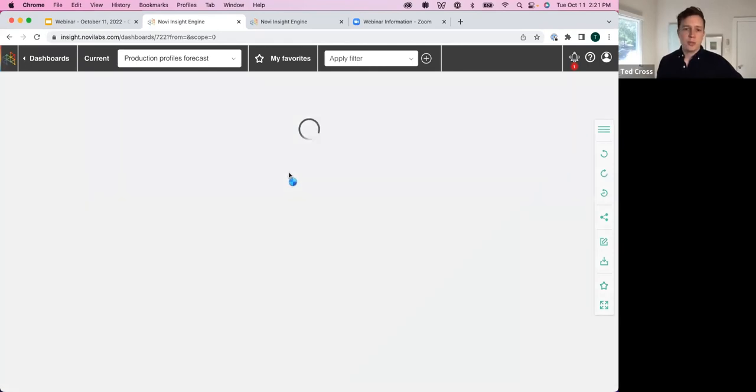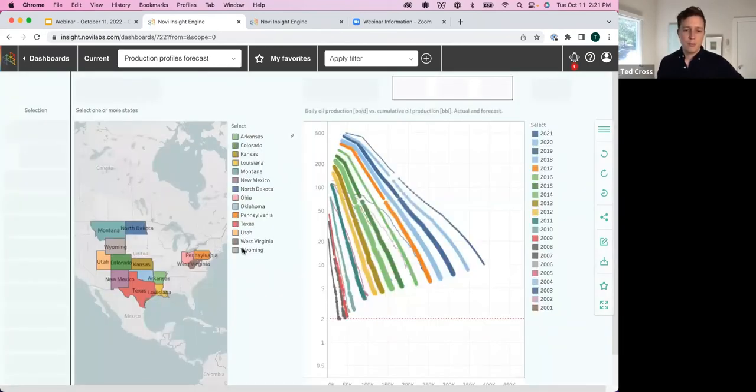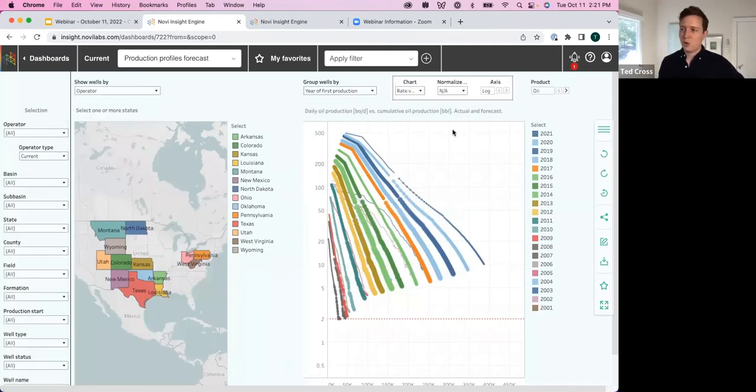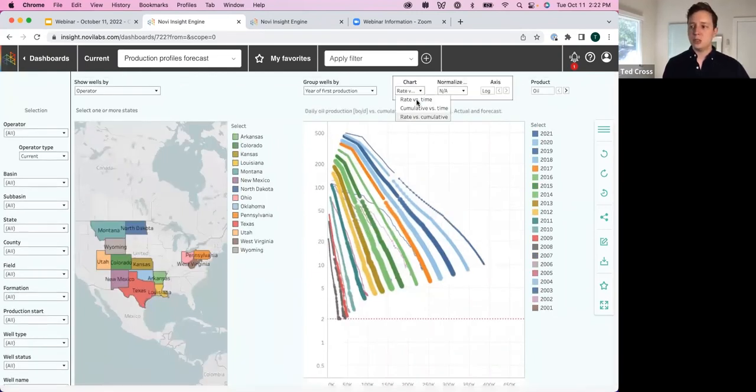So you see the wheels spinning here for a second for us. So once again, you have a similar style of dashboard. I hope you'll notice these kind of follow the same basic rules where we have a map over there on the left and then some kind of chart over there on the right. And we have, in this case, I'm showing oil production per day, and this is on a log plot, and it's the rate. And then on the x-axis, I have cumulative production. So you have the options to change that. If you wanted to do a rate time, if you wanted to do a cum time chart, those are available. But I'm showing you the rate cum for there, and you have the option of normalizing it by lateral length if you want, or by proppant intensity.